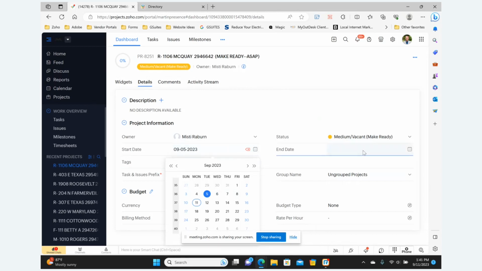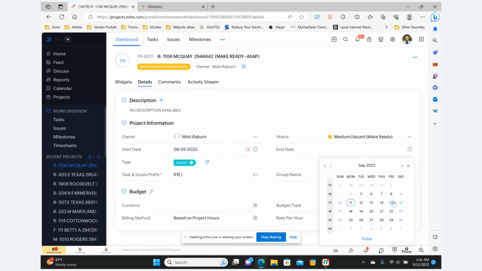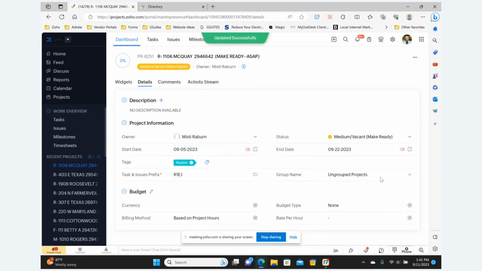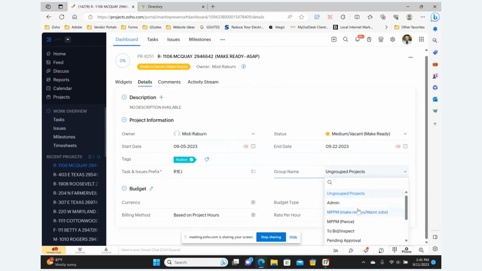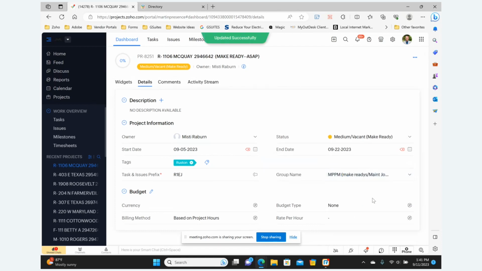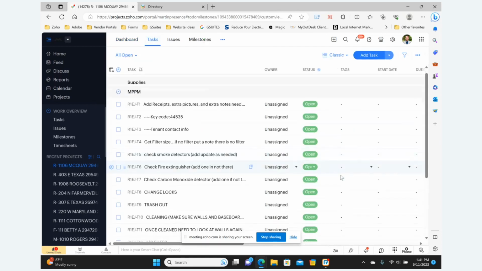So what we want to do is generally you want to do it no more than 2 weeks out. So technically we're putting it here. So this will be 1, 2, but since we're running behind getting it in, we're going to say 1, 2. So we want to have it done by the 22nd, if any way possible. Click right here on the group name, make readies there. And then you can, like I say, always look at the